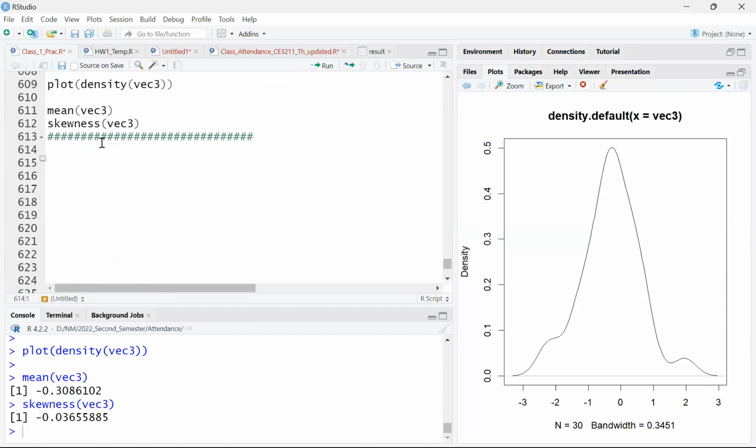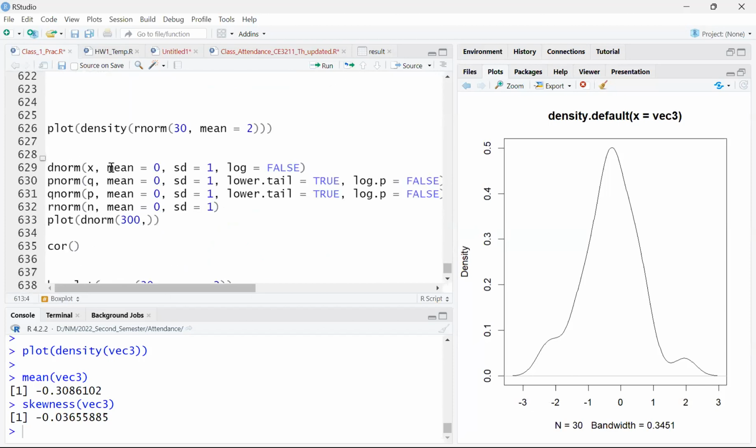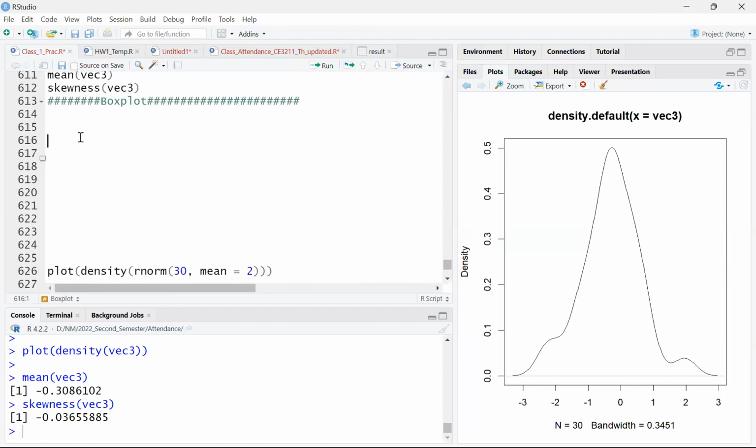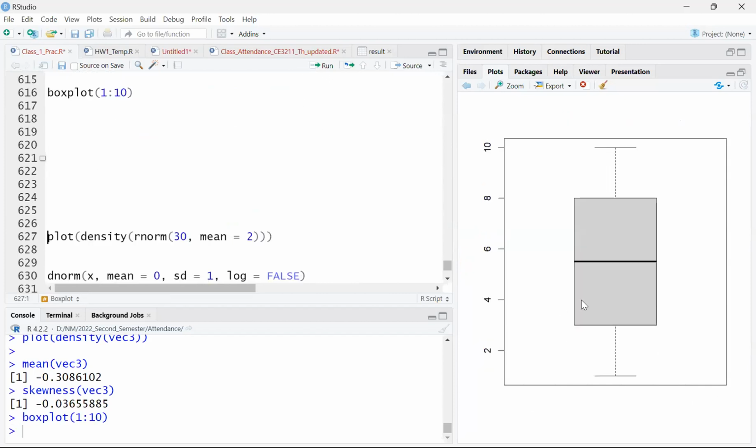Okay, box plot. So how can we make the box plot? Just write. Let's say I have numbers from 1 to 10. Make a box plot of those numbers. See,